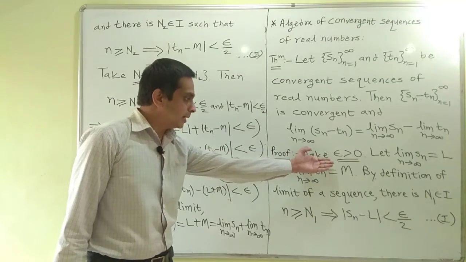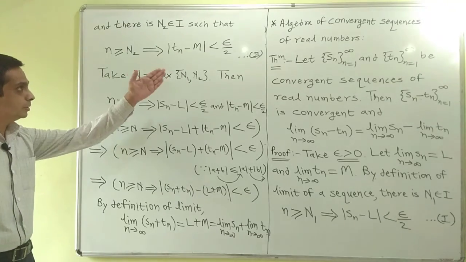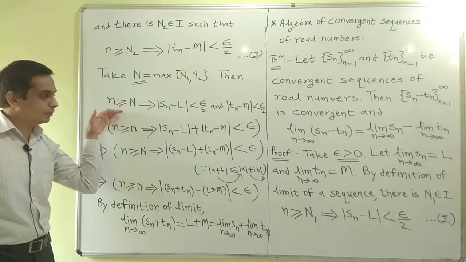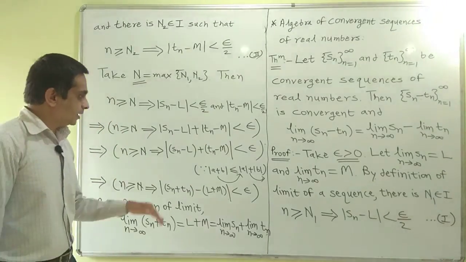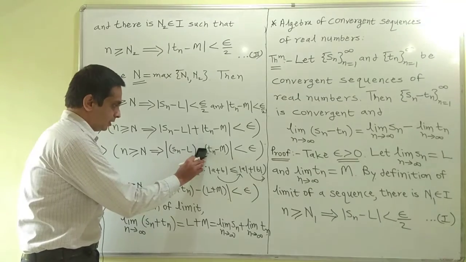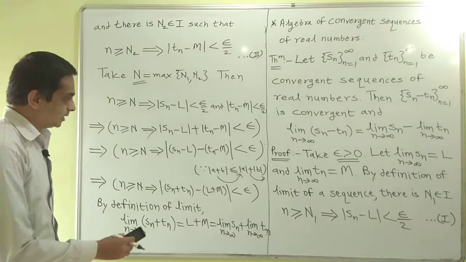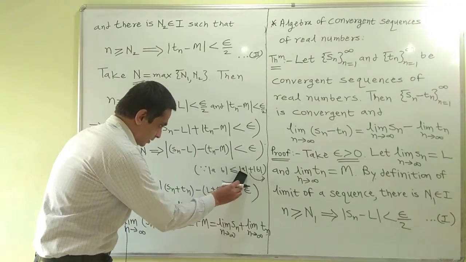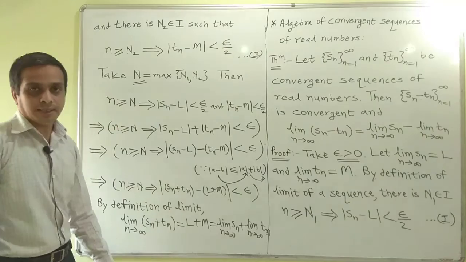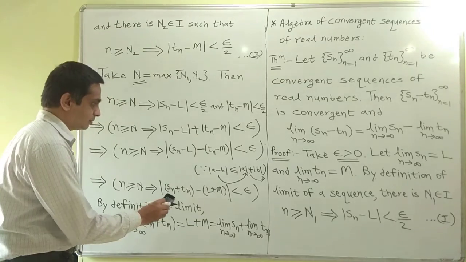So we begin by taking epsilon greater than 0. There exists N1 satisfying this property, there is N2 satisfying this property. We take maximum. So up to this point the proof is going to be similar. Just here we will have to make a difference. The slight change is this, and you know that |A minus B| is also less equal to |A| plus |B|. So that is the only change which we have to make, and this will give us our required result,